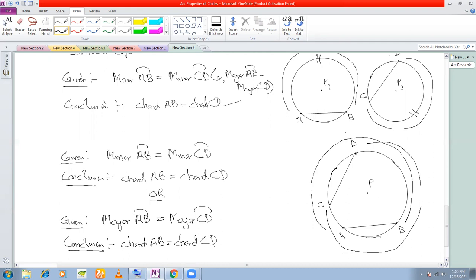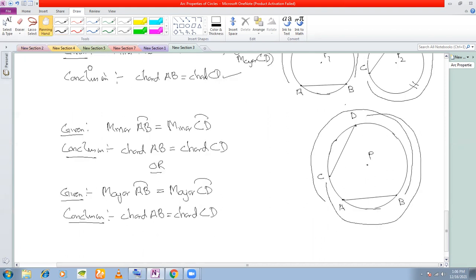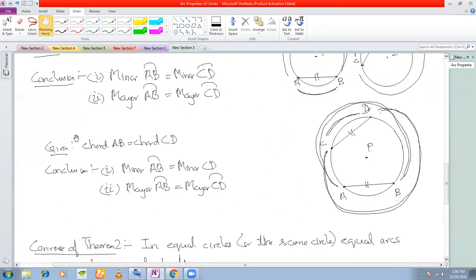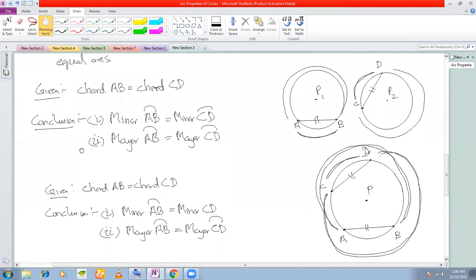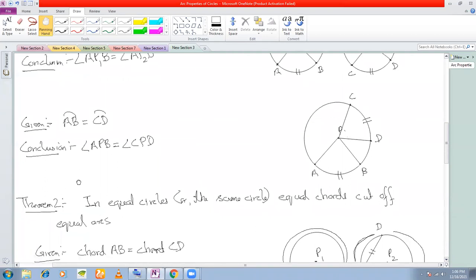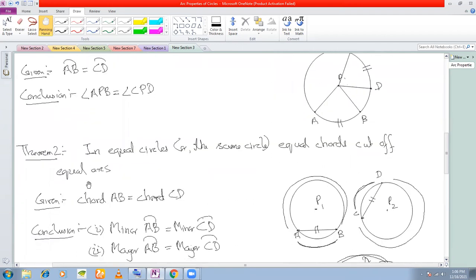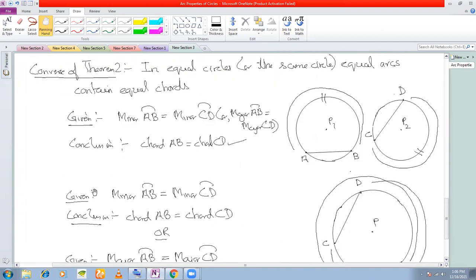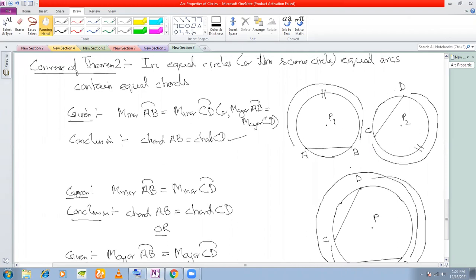Okay. Now we Yes, come sir. to two important deductions of this. Excuse me, sir. Tell me. Sir, can you please scroll up? Yeah. A little bit more. Okay. Yes, sir. Sir, can you please show theorem 3 once? Theorem 3. There is no theorem 3. There is a converse of theorem 2. What do you want me to do? Yes, sir. So done. Thank you. Okay.